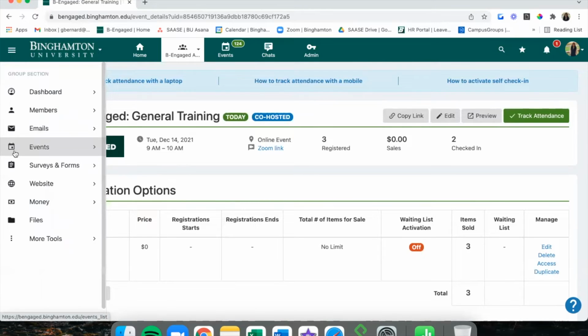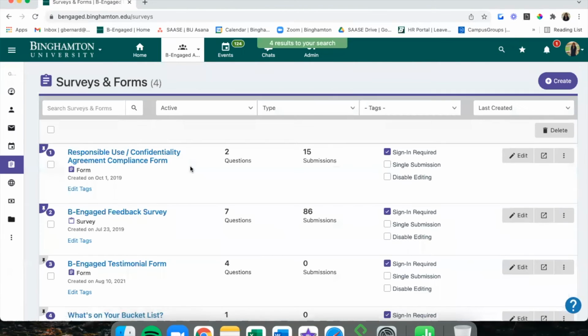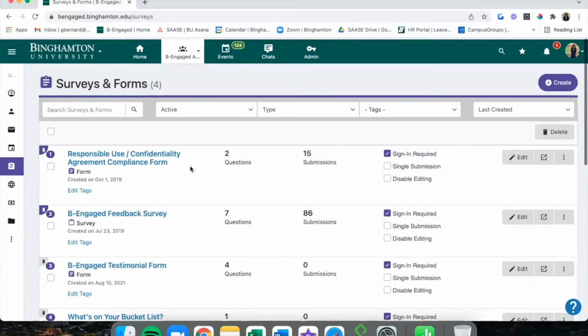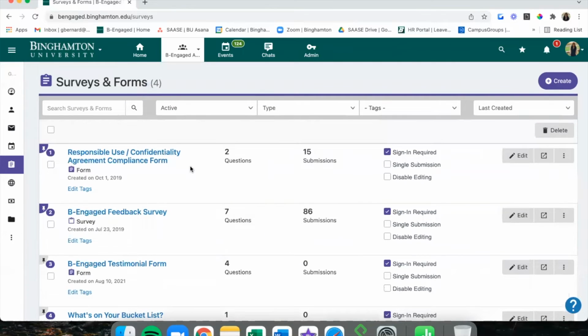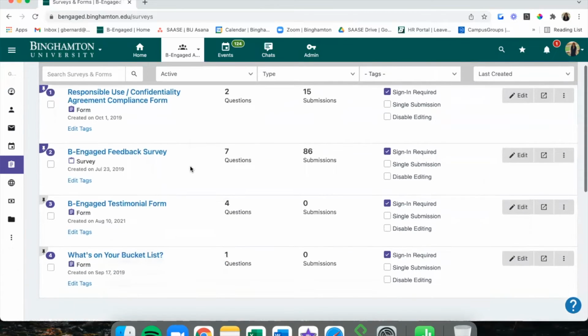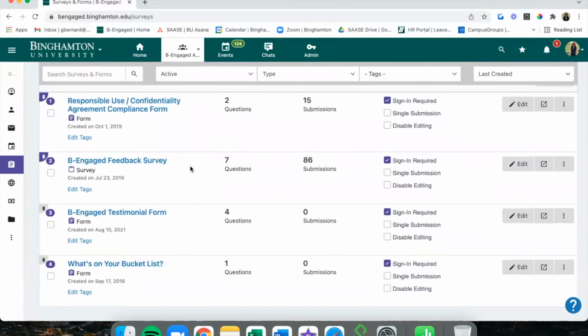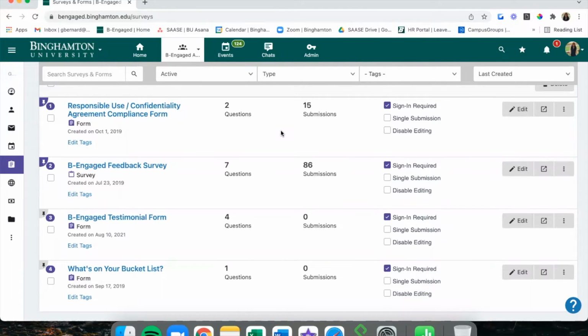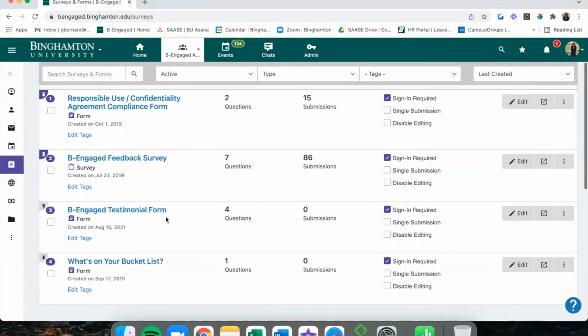So now we're going to head to the surveys and forms section to talk about some helpful features here and things to know when you're utilizing the surveys and forms features. Similar to how every event has those three little dots that unlock a menu of really helpful features, the same goes for every form in the system.